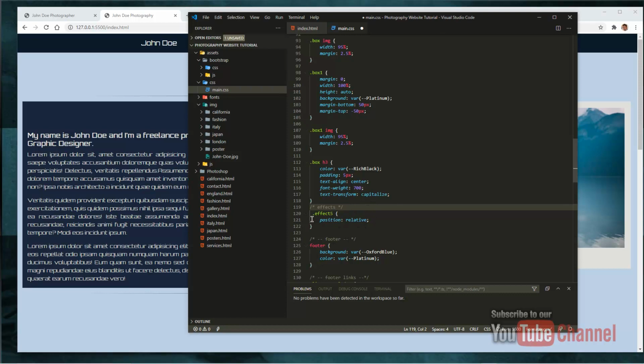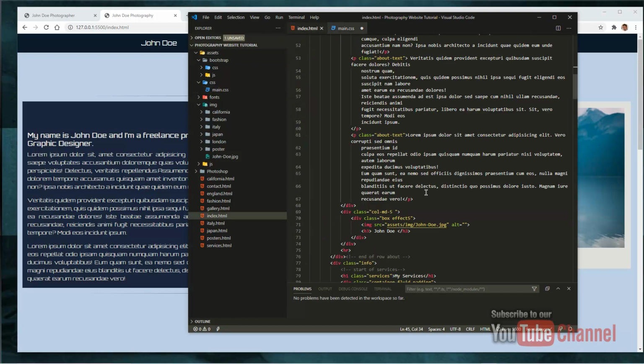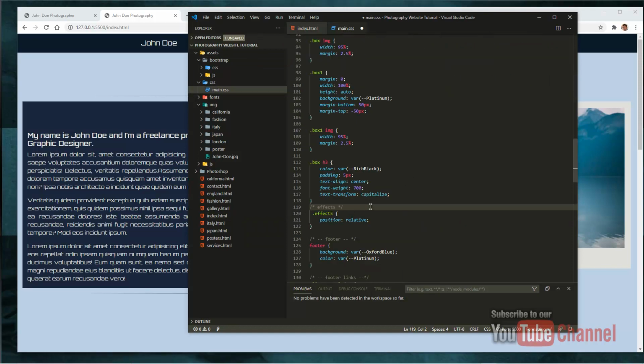It is a class called effects 5. If you look in the index page here, box effects 5. Okay, so first thing we do, the position is going to be relative to the image. Yeah, so the next thing we are going to do here, and this is the longest part of the effect,